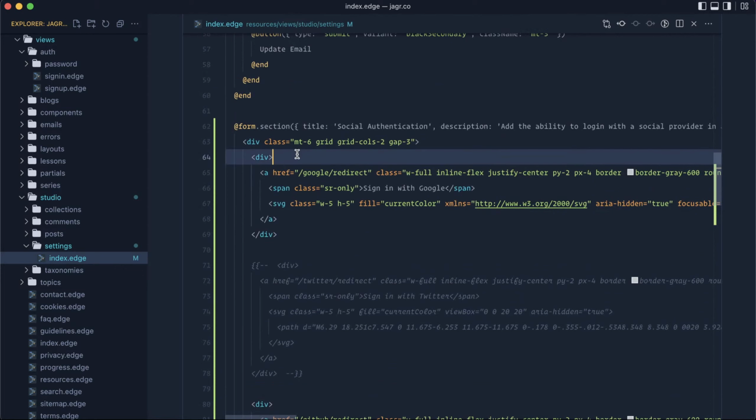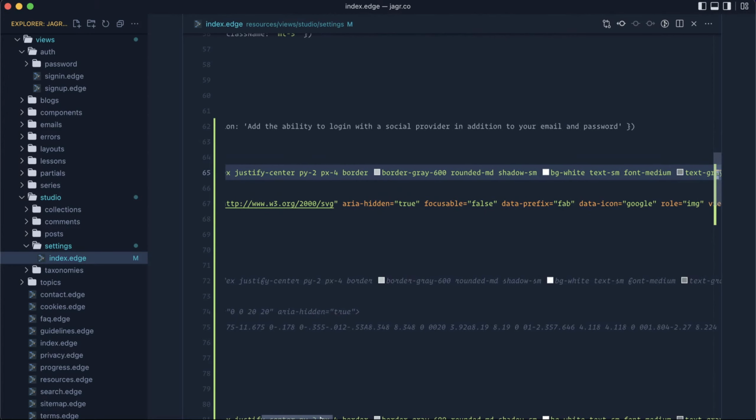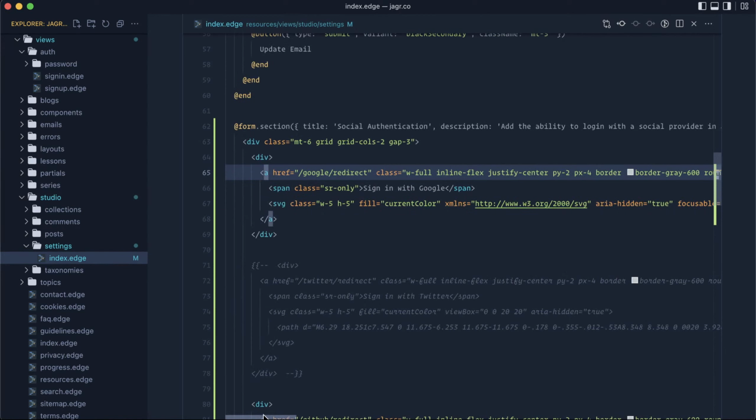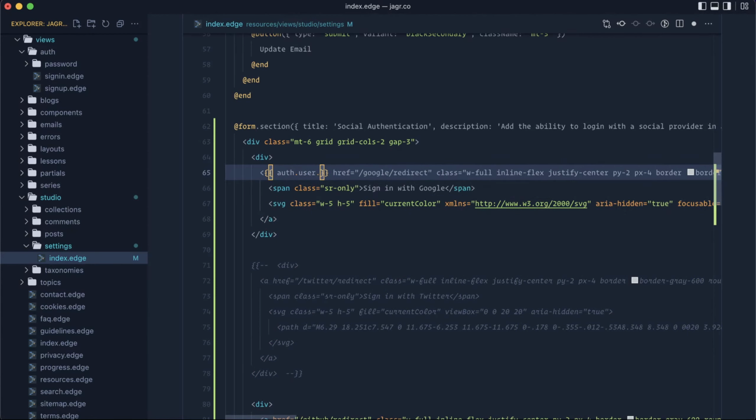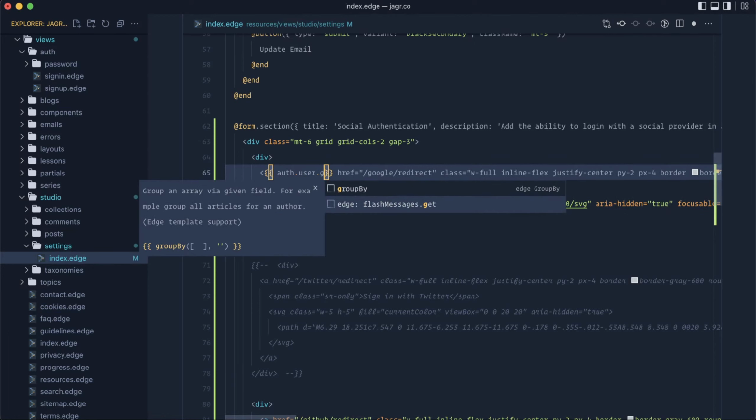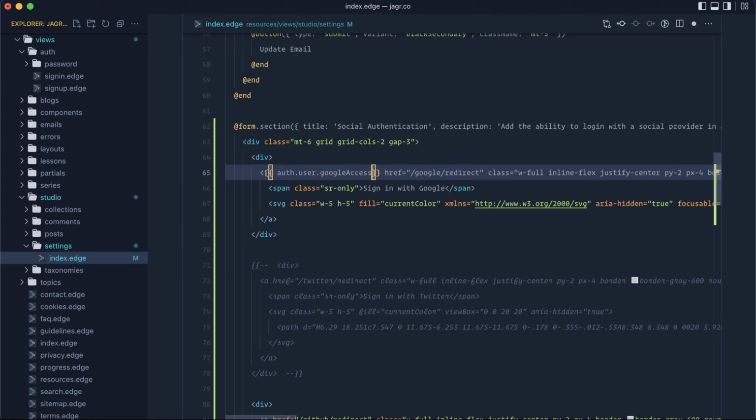So let's see here. If auth.user.googleAccessToken